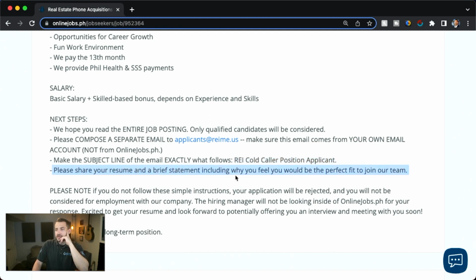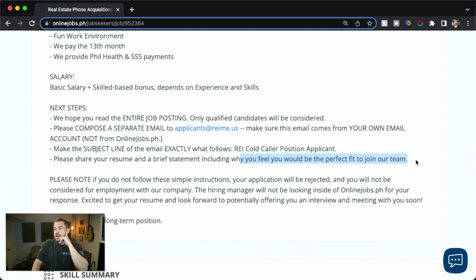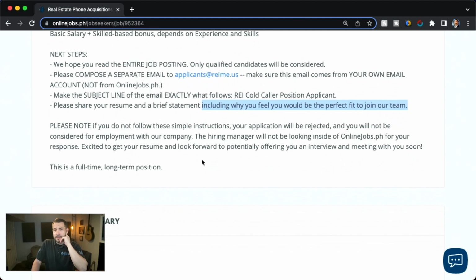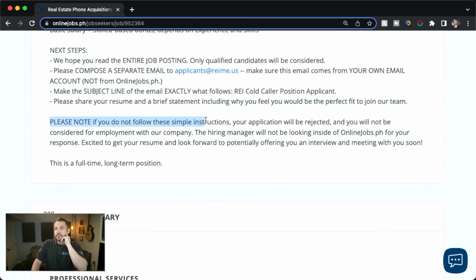And I would also suggest you write this: Please share your resume and a brief description of why you feel you would be the perfect fit for our team. The brief description, sometimes people miss that. And I do want to be clear that I usually won't consider them if they don't put something in there telling me why they would be a good fit, because it's part of the instructions that I asked for. And it doesn't have to be anything out of this world. I could see the same thing from everybody, and it doesn't change the fact that it's not about what they say, it's about that they actually did it, to vet candidates to make sure that they can at least follow basic instructions. So of course, I repeat it.